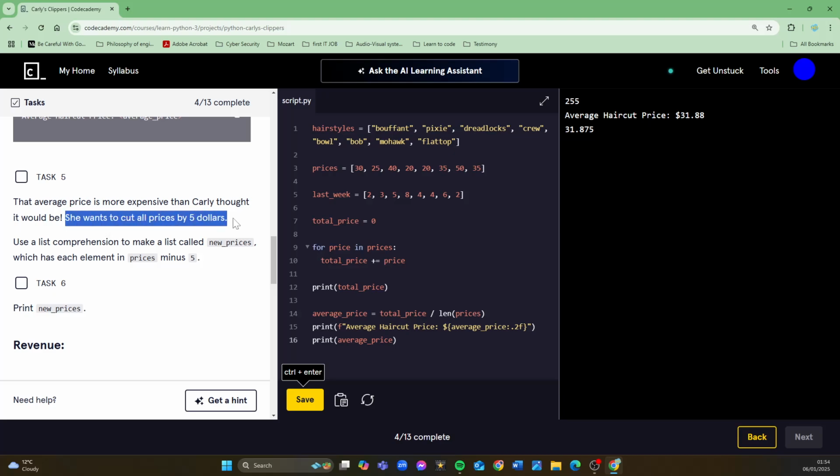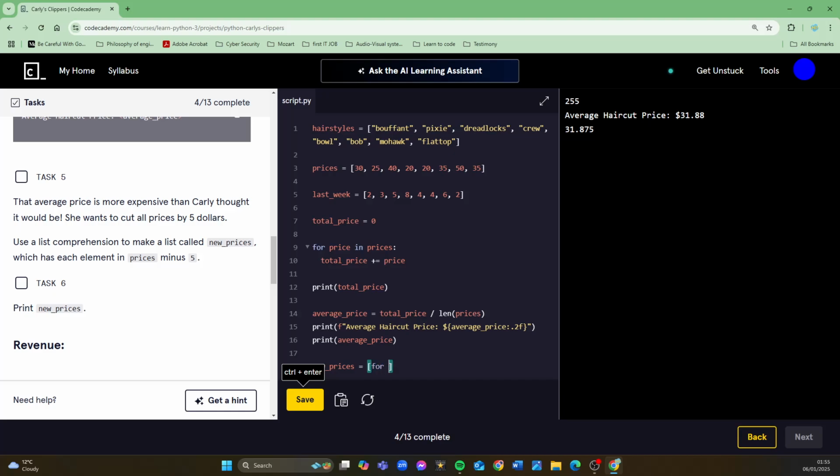She wants to cut all prices by $5. Use a list comprehension to make a list called new prices, which has each element in prices but minus 5. So a new list called new prices, and we're going to assign to it a list, so it's going to be in square brackets. Well, we need to loop over everything in prices.